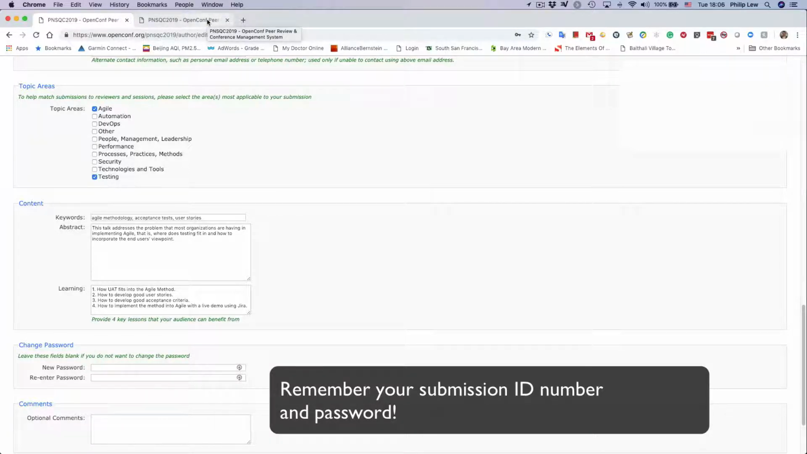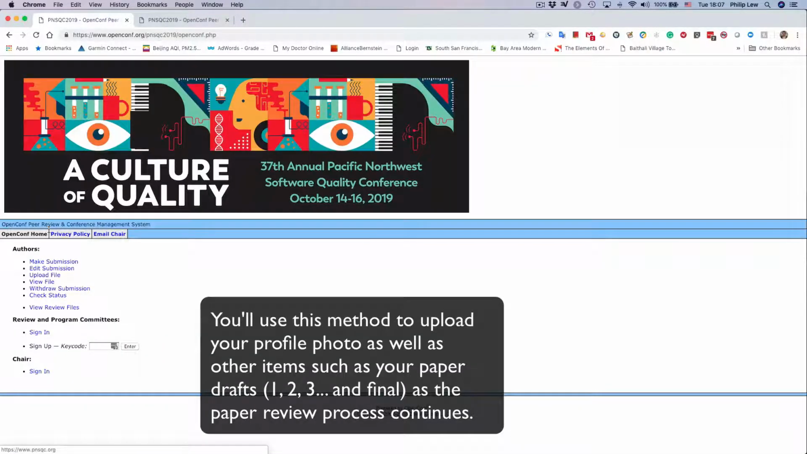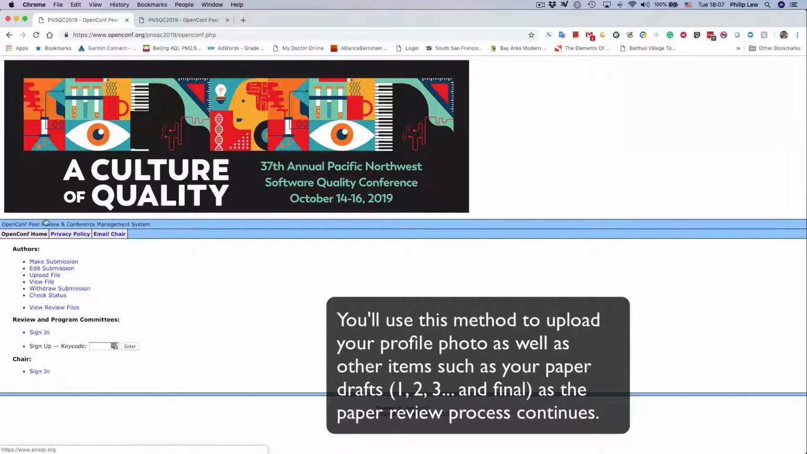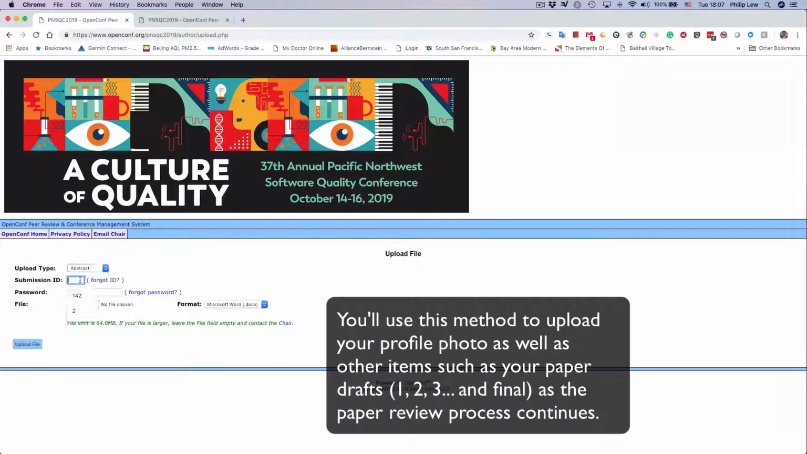After you've made your initial submission, then what you need to do is go in and edit your submission and add your photo and so on. So let me show you how to do that. Basically, you would go to Upload File. And so you would either upload your abstract if you had a changed abstract, or your profile photo. Let's say I want to change my abstract. I can put in my submission ID, my password,